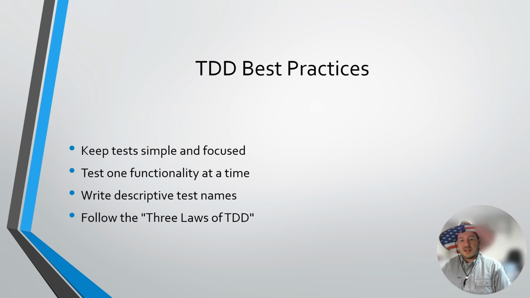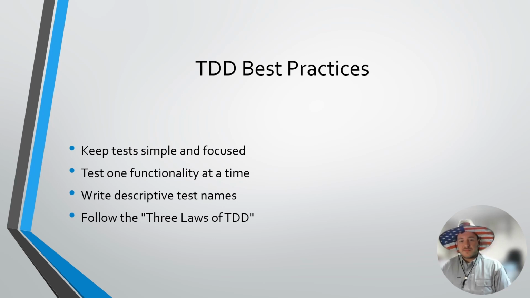The 3 laws of test-driven development were proposed by Robert C. Martin as a set of principles to guide developers in using test-driven development efficiently. First law is you should write no production code without a failing test. This means that before writing any code, developers should write a test that will initially fail. This ensures that the code is written only to meet a specific test requirement, rather than simply to fulfill a